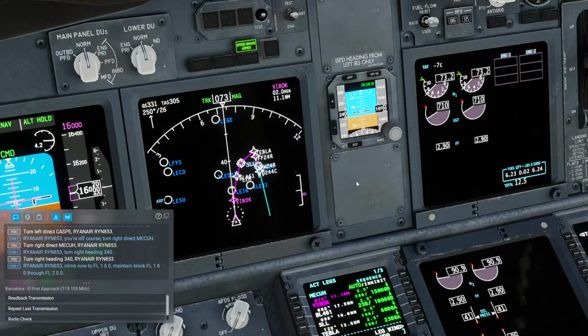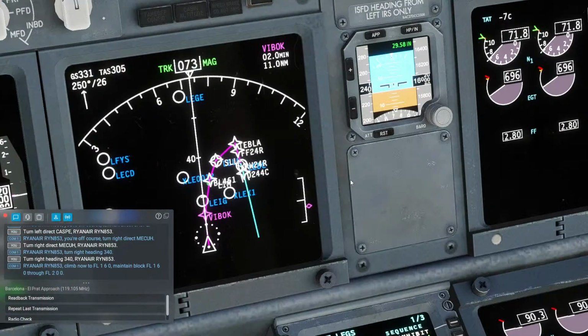I think that's cleared the discontinuity out, and that should be the airport, I hope,